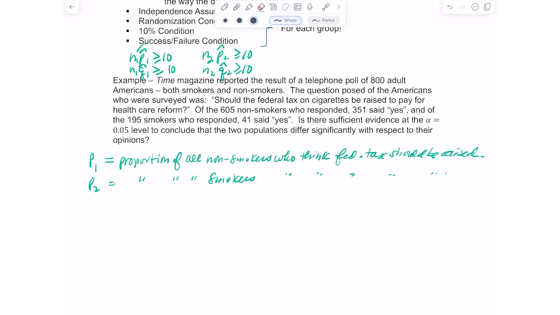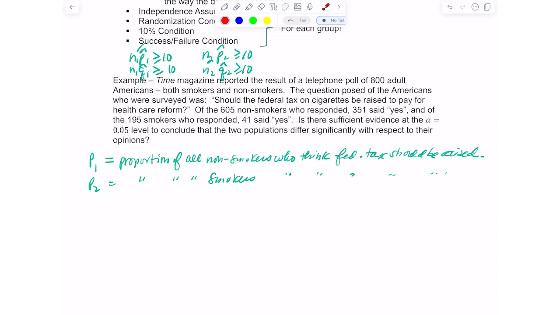to look at hypothesis testing for two proportions. Time magazine reported the result of a telephone poll of 800 adults, Americans, both smokers and non-smokers. The question posed of the Americans who were surveyed was, should the federal tax on cigarettes be raised to pay